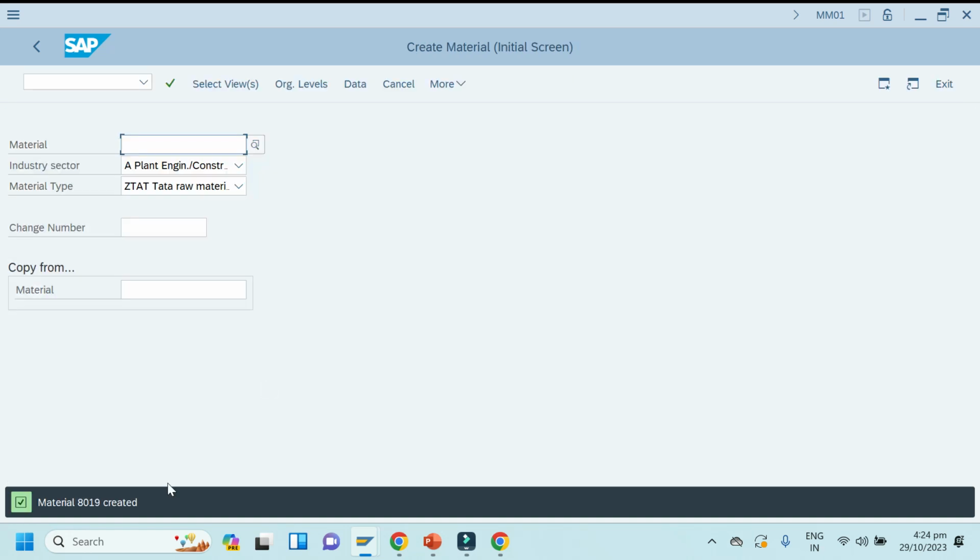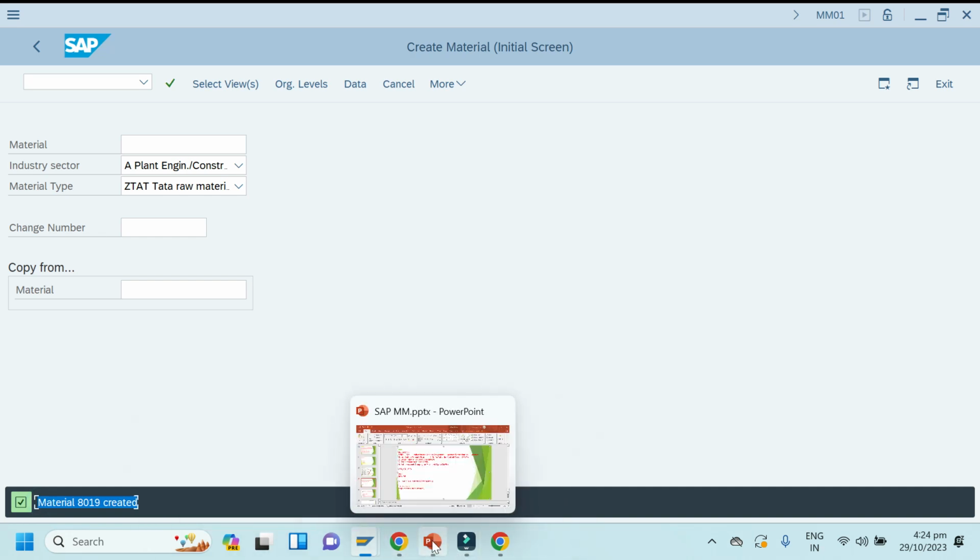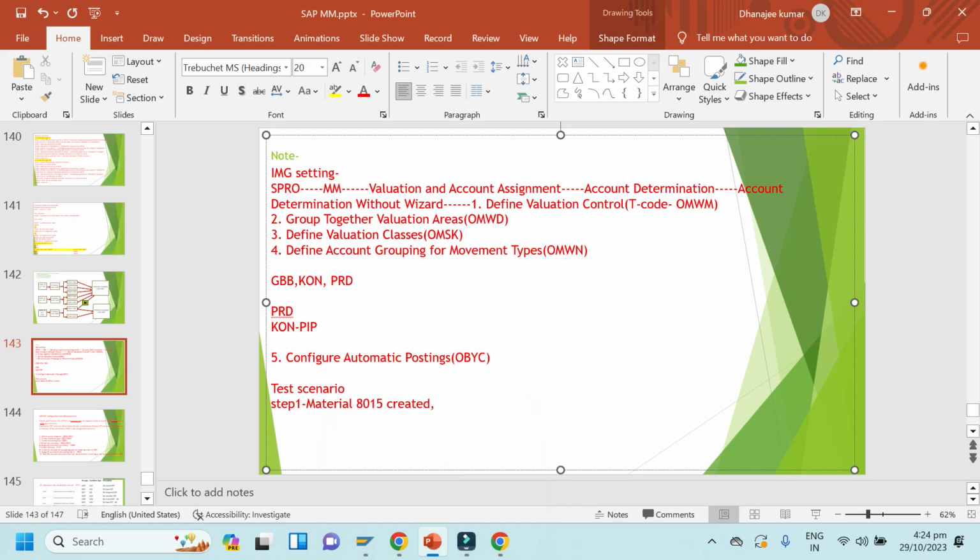So two materials are created, material 8015 and 8019. Okay, now step 2, create PO for both items.